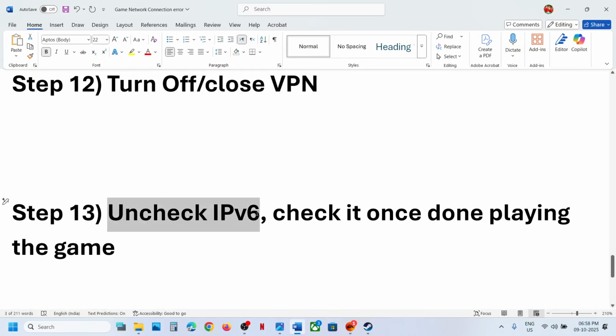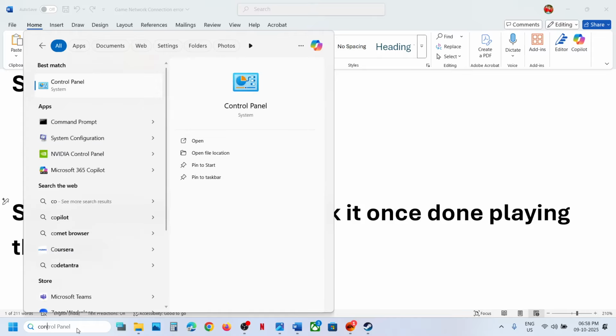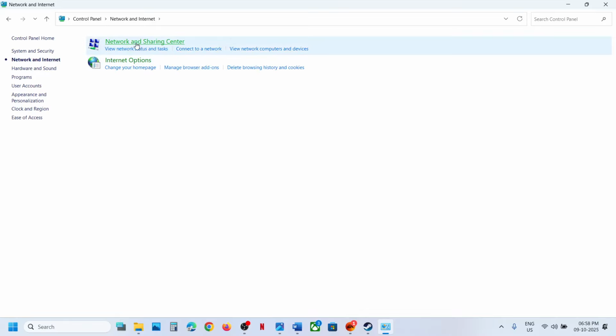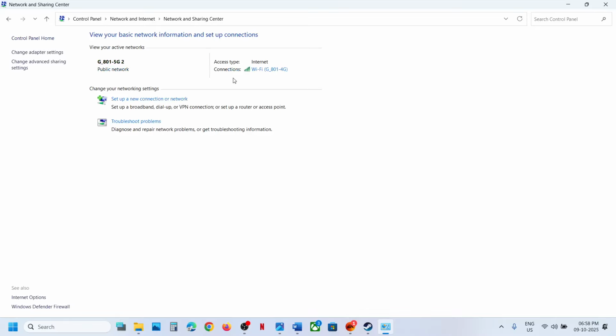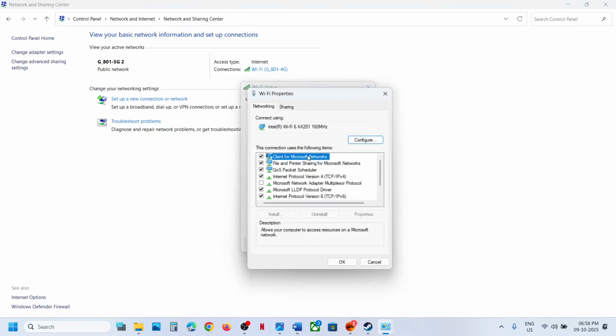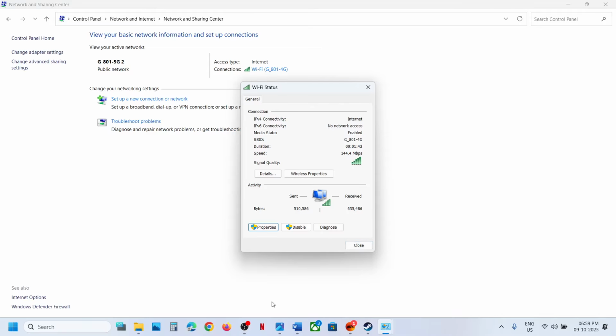Next step is to uncheck IPv6. Check it again once you are done playing the game. Now for this you can type in control panel in the Windows search box. Go to control panel, network and internet, network and sharing center. Click on your internet over here and then properties, and over here you can see internet protocol version 6, TCP/IPv6. So if this is checked, you can uncheck this box, click on OK, and then you can relaunch the